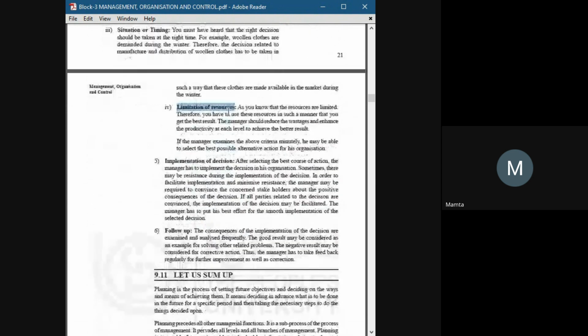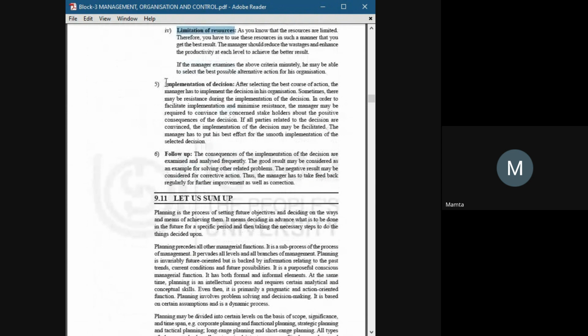After selecting the alternative or the solution, we will implement it in real life or in our organization, and then we will follow up. Then we will see whether our decision or solution has created a positive impact for the situation or a negative impact. And if it created a negative impact, then we will try to resolve it further. We need to take a further decision on that topic if it's not working properly. That's how we follow up.